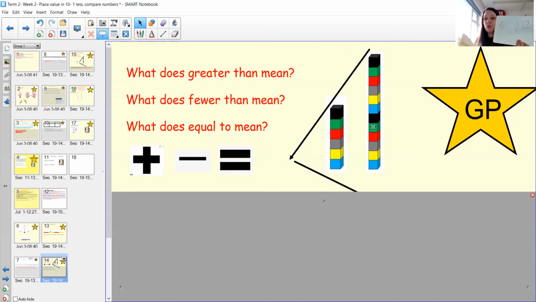Well, I've got one more symbol to try. Let's have a go. Okay, I've got 6 is less than 12. Is 6 less than 12? Is it a smaller amount? I hope you're shouting, yes, Miss Brown. 6 is